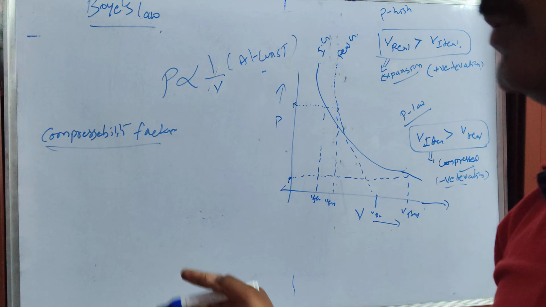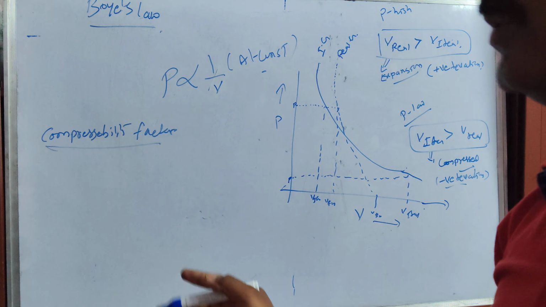The compressibility factor tells about the positive deviation from ideal behavior and also negative deviation from ideal behavior,